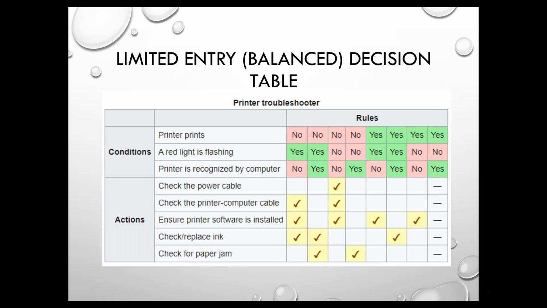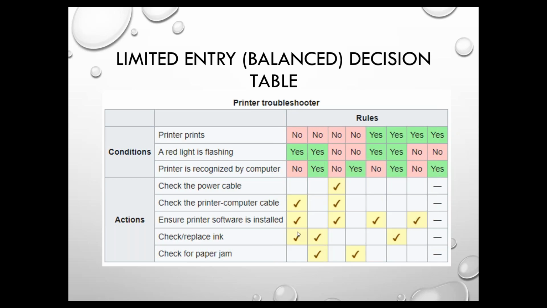So the way to interpret this is we have a number of conditions, we have a number of actions, and the conditions in a limited entry are simply yes, no, or don't care. In other words, it could be yes or no. And the combination of yes, no, yes gives you these actions. So no, yes, no, do this, do this, do this, etc. And that is the original version of a decision table. You could model that in EA using the tables and custom tables, but we're not going to do that.